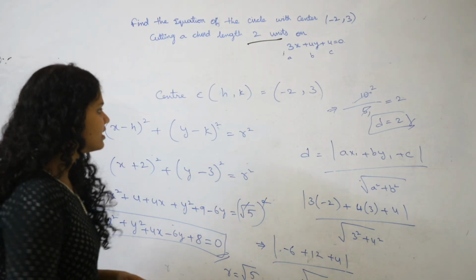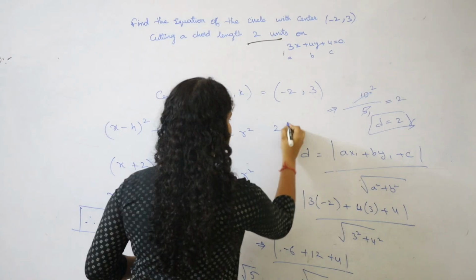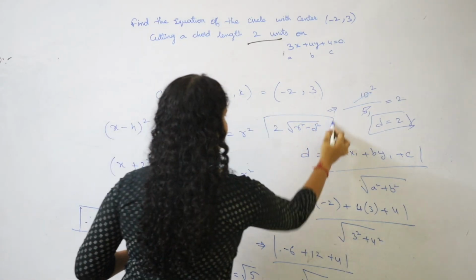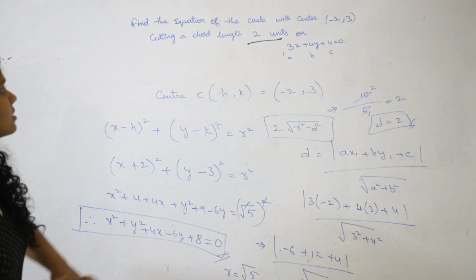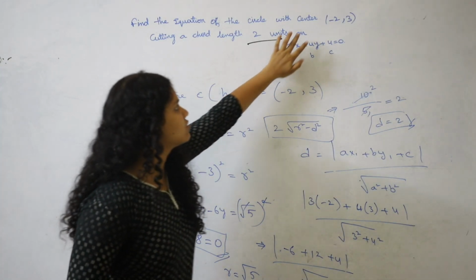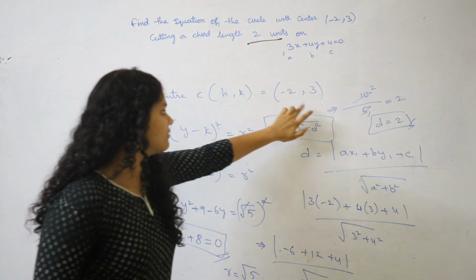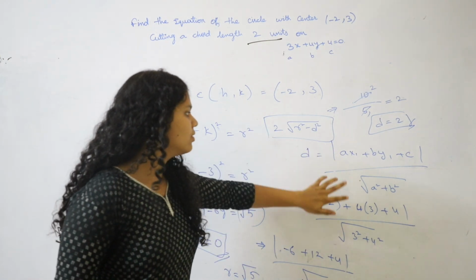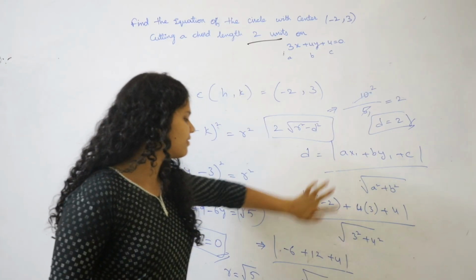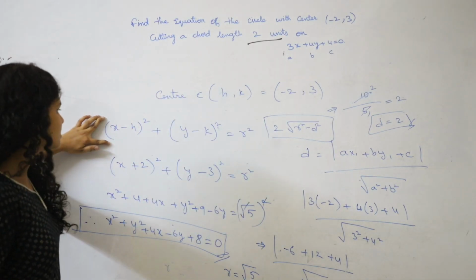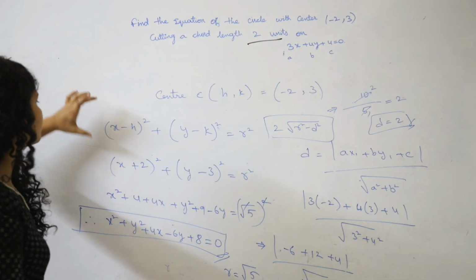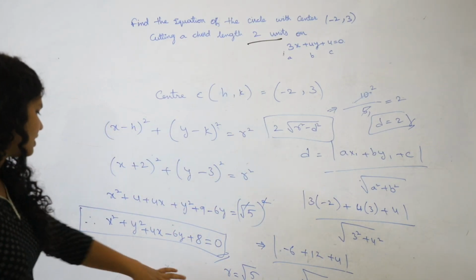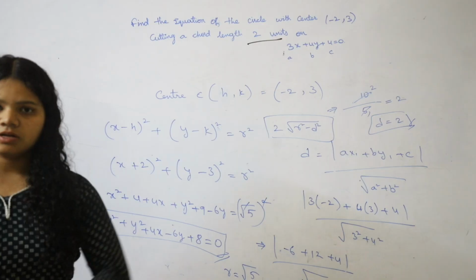So guys, in this question, the main formulas that should be learned are, let us revise once again: first, we should find out the center, and consider it as x1 and y1. Then you find the chord length, and find the d value from it. After finding the d value, you write the equation of the circle. The formula for this is x minus h whole square plus y minus k whole square equals r square. Substitute all the values in this, and we will get the equation of the circle.